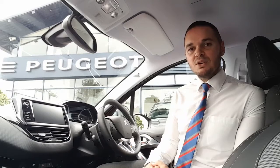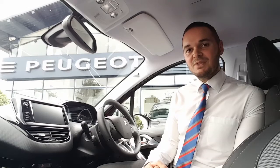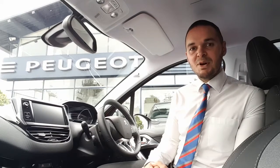This car comes with a 1.5 litre Blue HDI engine that gives you 100 horsepower and a 6-speed manual gearbox. It's done less than 7,000 miles, and if it's of interest to you then please get in contact with us at Howard's Peugeot in